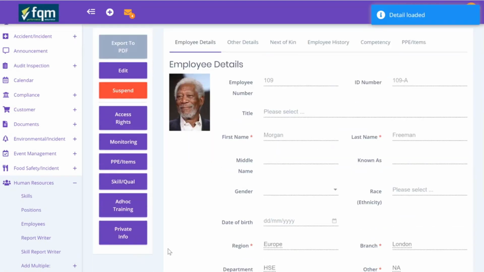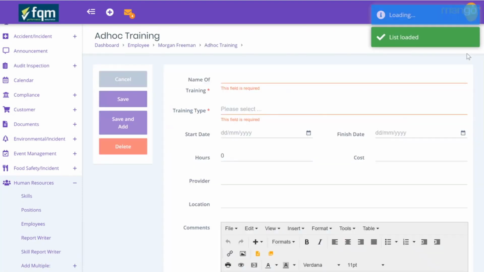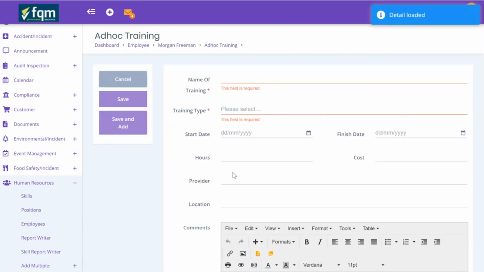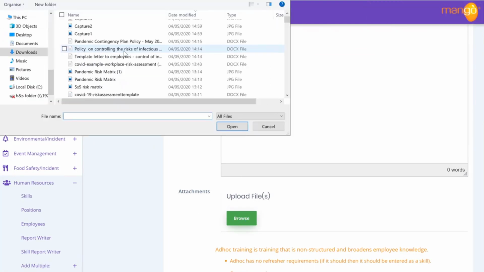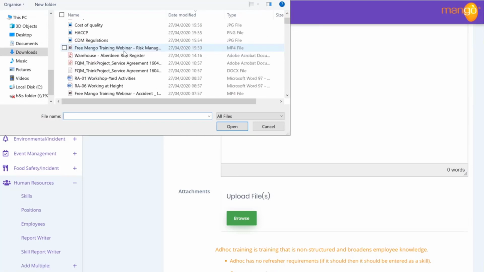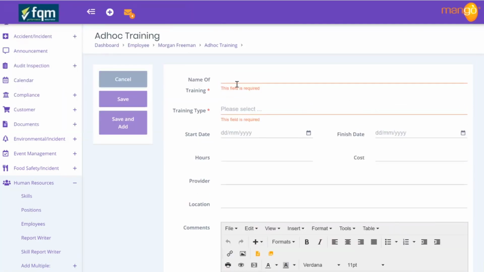We now want to also enter that yesterday they completed some ad hoc training, as we refer to it, which is just some in-house awareness training that we do for people that join the company. So when we click on ad hoc training, we're just going to click the add button, and we're going to browse and upload the certificate associated to that. So this is just a simple in-house certificate that's published by our HR department, and it was associated to health and safety awareness. So we give the name of the training, so H&S